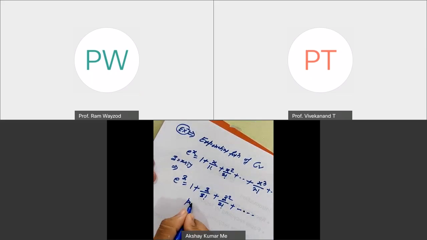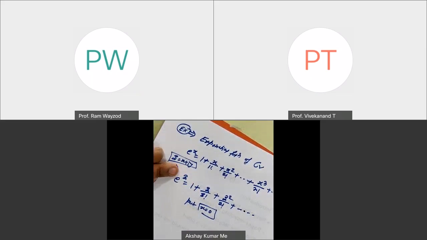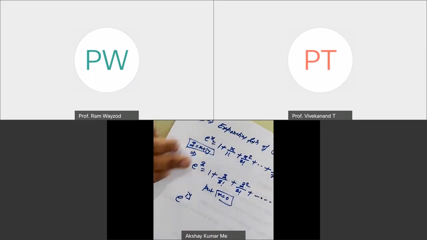Now we put x is equal to 0, where z means x plus iy. So we put 0 in place of x. What will we get? Only iy. So we get e to the power iy